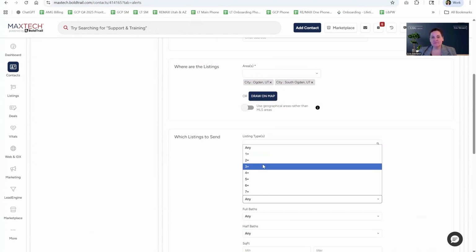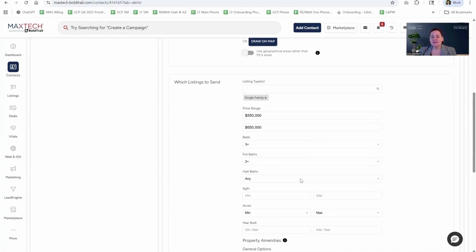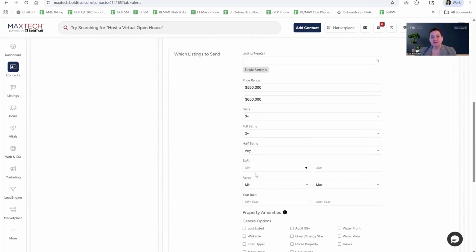And then I'm looking for 3 bedrooms and 2 bathrooms. One thing to know is I only like to do full baths. I don't really like to put in the half baths, so only full baths in this option. And then square feet. If they have a minimum or a maximum square feet that they're looking for, you can